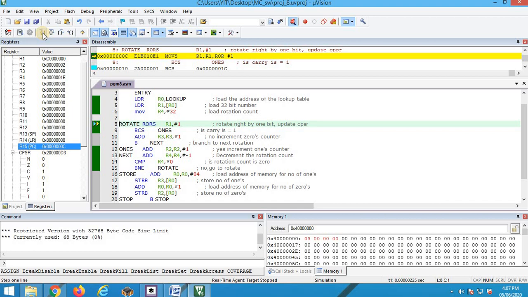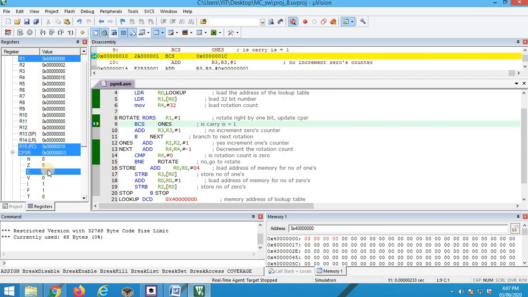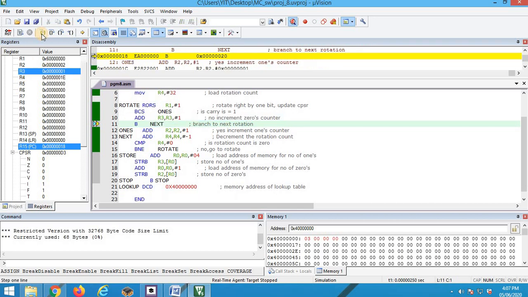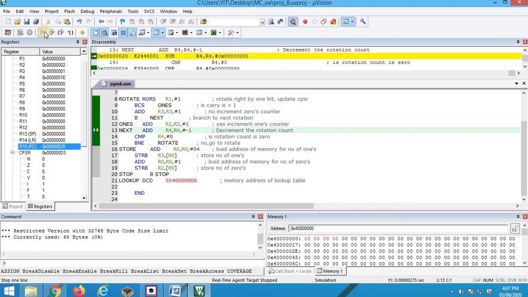Now remaining all are zeros. Now when you rotate, what happens? The bit which is shifted out is 0, carry flag is not set. If carry is not set, you go executing sequentially. So add R3, R3, 1. R3 is indicating how many zeros are there in this 32-bit number. So R3 is incremented by 1, branch next.